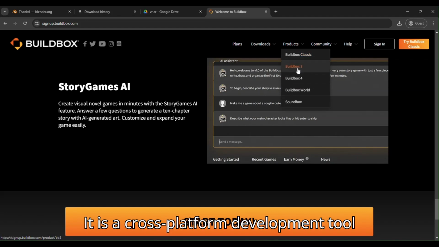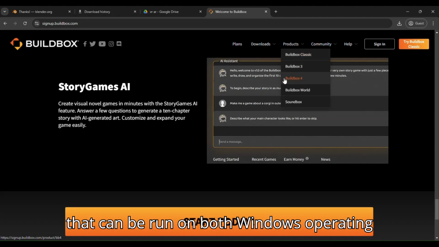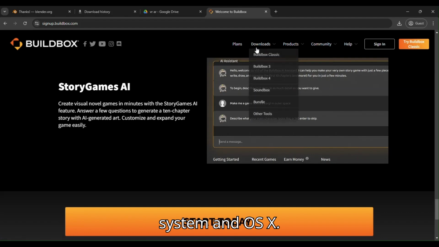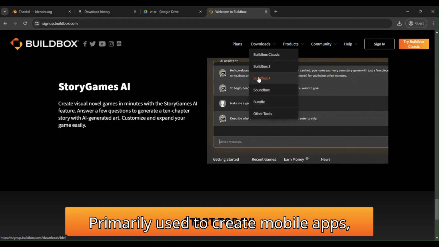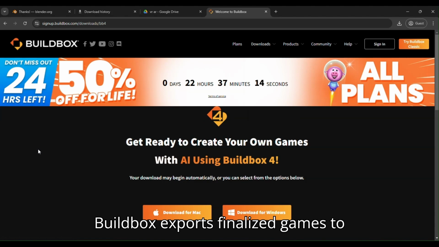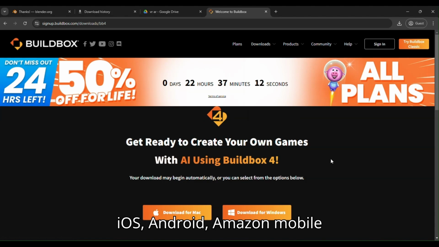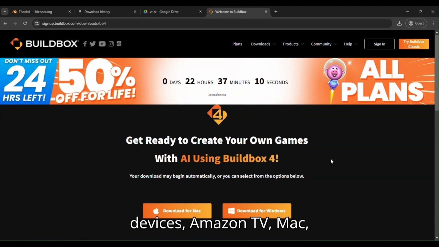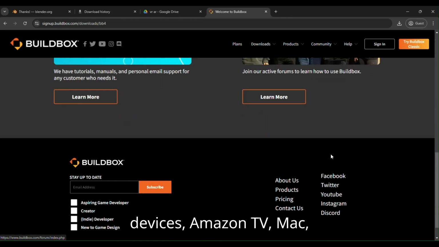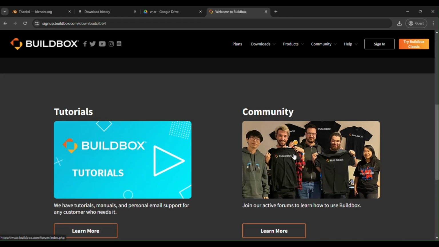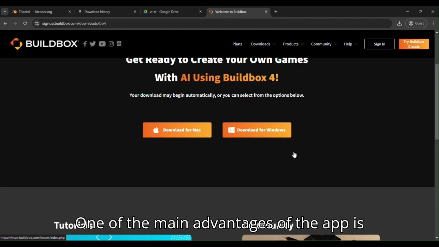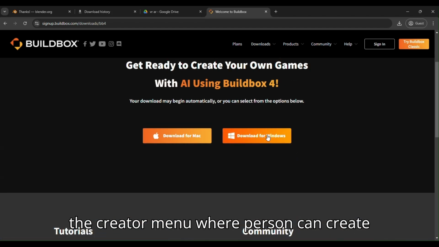It is a cross-platform development tool that can be run on both Windows operating system and OS X. Primarily used to create mobile apps, BuildBox exports finalized games to iOS, Android, Amazon mobile devices, Amazon TV, Mac, PC, and Steam. One of the main advantages of the app is the creator menu where a person can create the skeleton